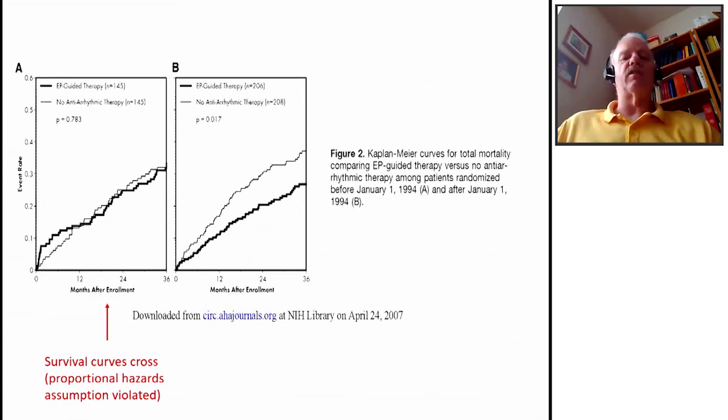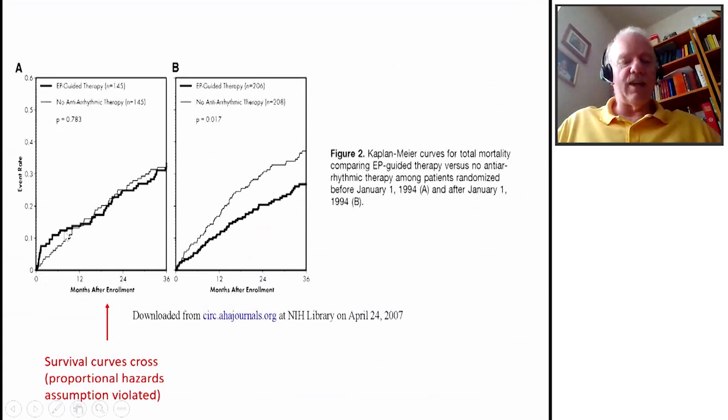Now, the reason they're looking at that date is that is when it became much easier to implant the defibrillators. And so they actually changed the criteria for when you would receive a defibrillator because it became so much easier to do the actual surgery. They said, okay, now you don't have to fail 2 drugs before you get the defibrillator, even if you only fail one, or I should say the drug fails you, not you fail the drug. But at any rate, it became easier. That's why they split this into before it became easier to after it became easier. And you can see that,